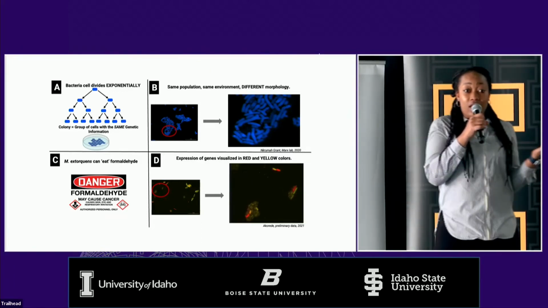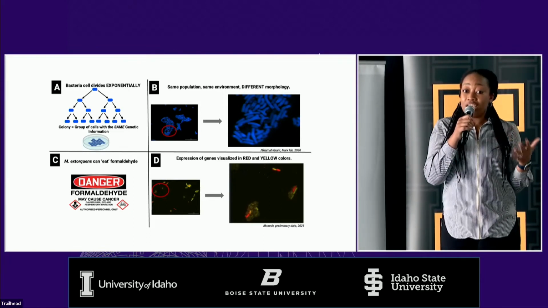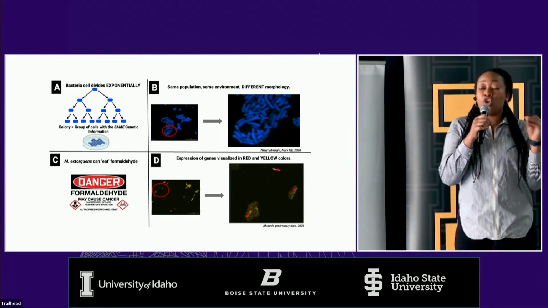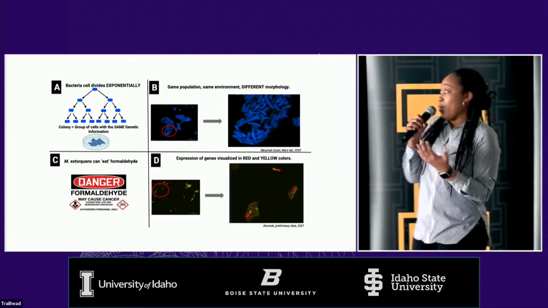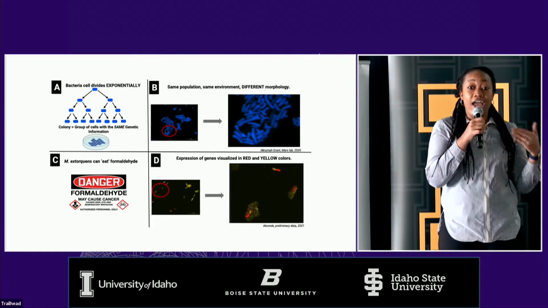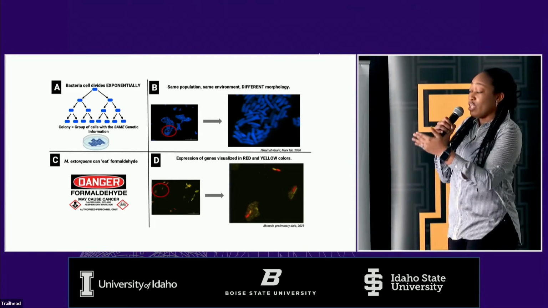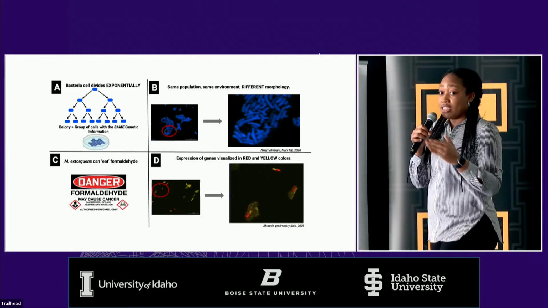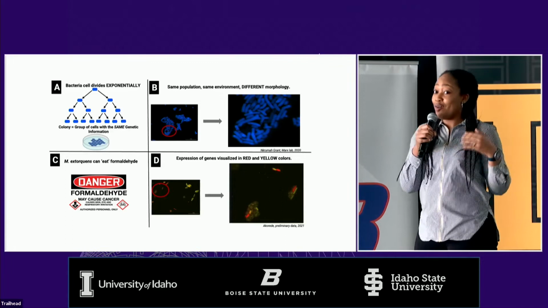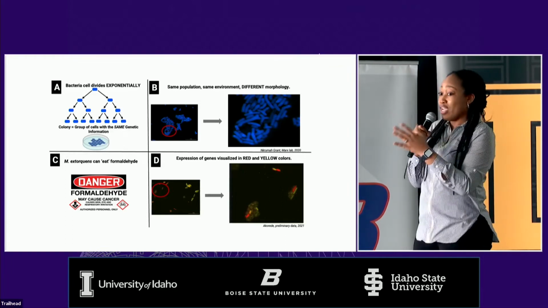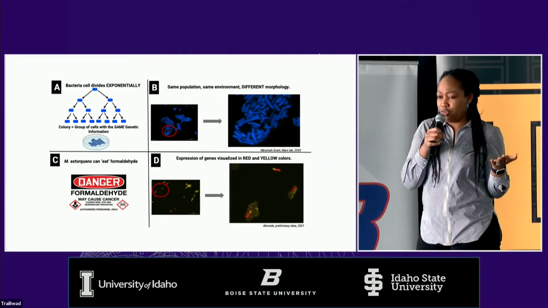Likewise, some cells in a colony can behave differently from others. In my research, I use single-cell techniques like microscopy to observe cells individually. With this method, we produce the images in panels B and D of the bacteria I study, called Methylorubrum extorquens. Panel B is an image of its cells from the same environment, the same population. But zoom into the part that looks like the map of Africa, where I come from, and we see the cells have different morphology. They all have the same genetic information, but behave differently.